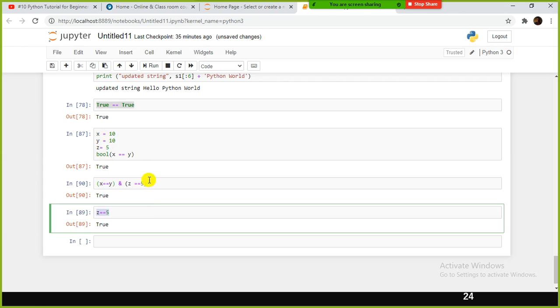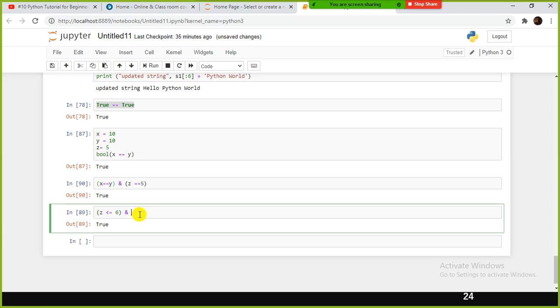So the next one is, let us do one thing. Z is less than or equal to, let's say 5. I'm going to say z is less than or equal to 6. Okay, and we can use the or operator also.